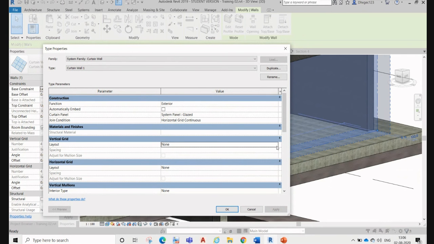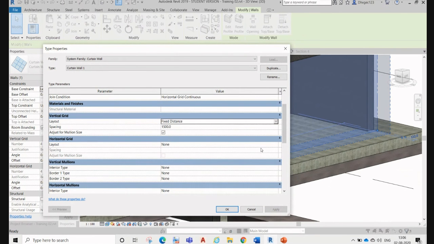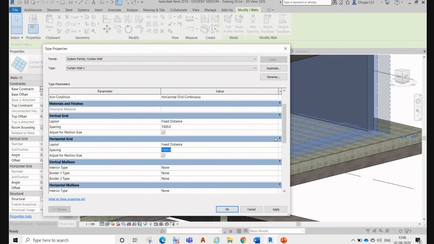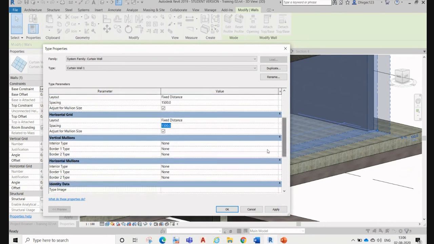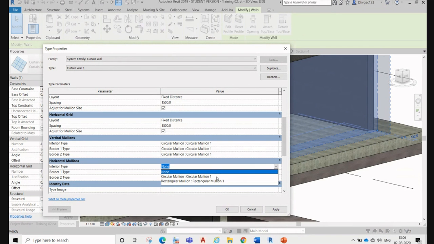Fixed distance 15, vertical one and again.